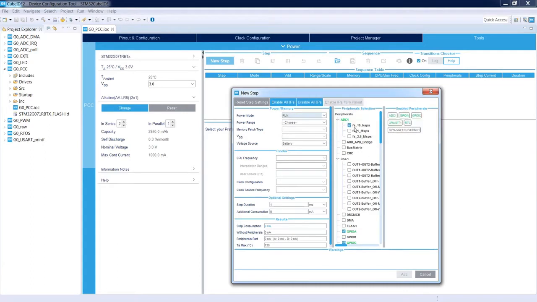So as you can see, we've got ADC, GPIO-A, GPIO-C, low power UART and RTC. Having this, we can continue. So power range. With an STM32G0, we've got 2 power ranges, medium and high. More information about the power range available in the G0 family you can find in the dedicated online training. I would select the range to medium, which allows me to limit the current consumption.